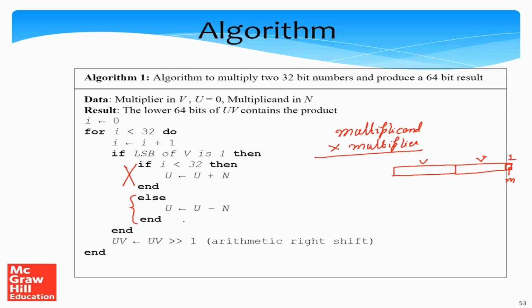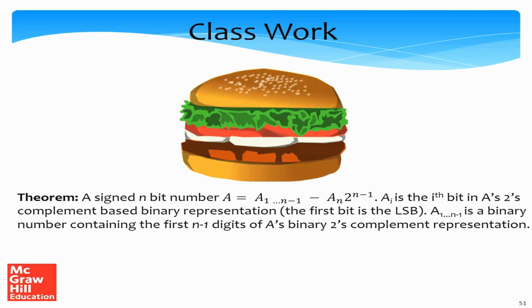So the reason that we are doing it, we have to go back to this theorem over here, which essentially tells us that the number, if I consider its 2's complement representation, is the same as an unsigned number that is formed by the first n minus 1 bits, and from this we subtract a_n, which is the MSB, times 2 to the power n minus 1. So since the MSB is 1, when A is negative, A is equal to